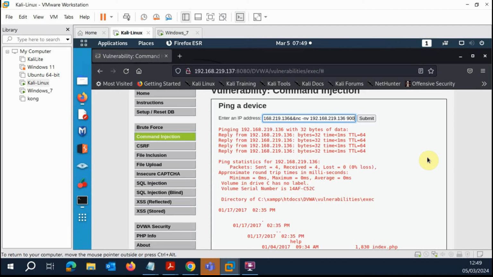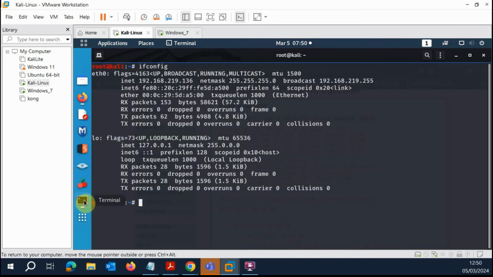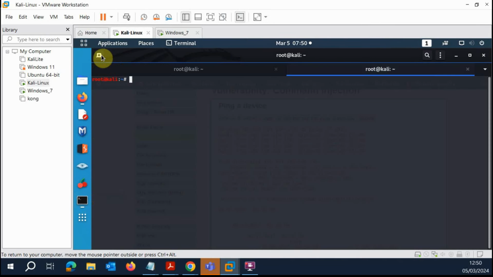So I'll use 9001, or you can go for 4444. Let's try 4444, and then -e space cmd.exe. So we want to say, once you execute the ping, also execute this netcat command. So before I click on submit, I'm going to open up a shell,